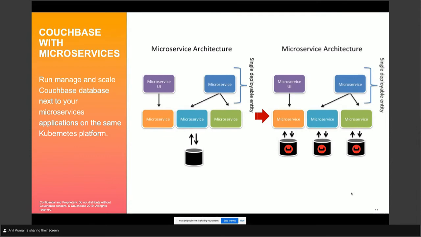Now with Couchbase on containers and Kubernetes, you can think of running Couchbase in the same platform. So your database is much closer to your microservices. It's in the same platform, so you can easily manage them and easily scale them. And also with the DevOps model, this whole process becomes completely streamlined.